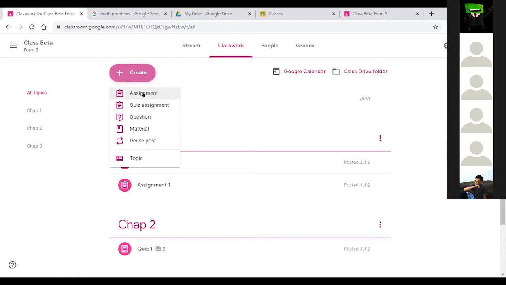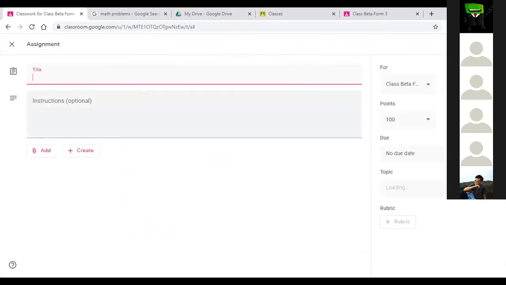All right, the first one, create, and then you should have a title for your assignment, right? So maybe this is assignment one. The topic name is introduction, maybe. All right, so you can have a small instruction briefly where you can say these contributes 10%, 10% for your marks, something like that. And then